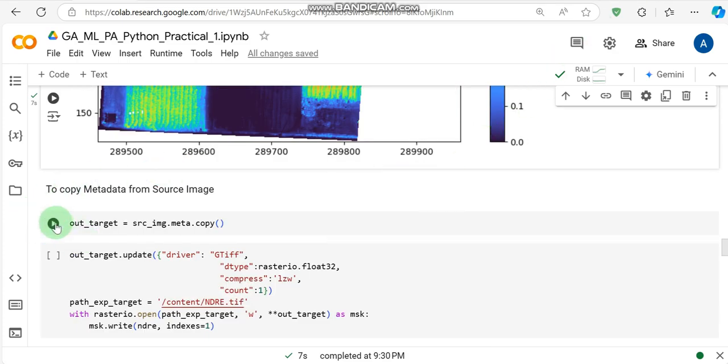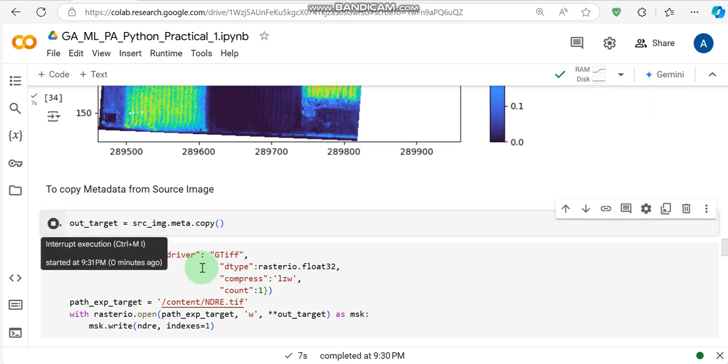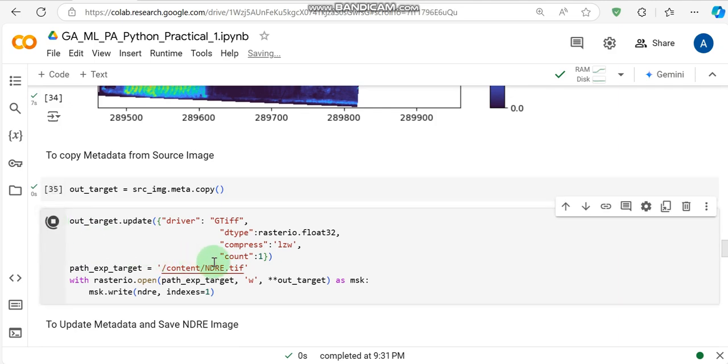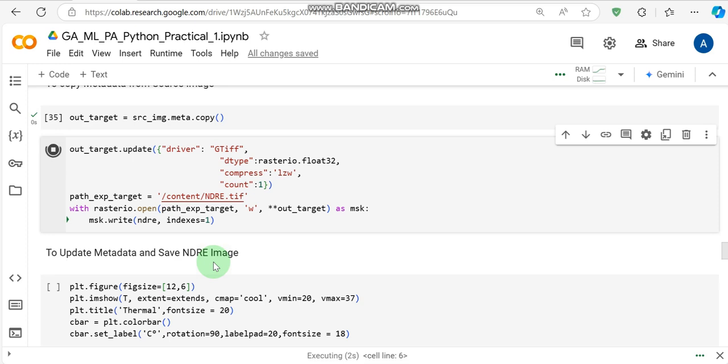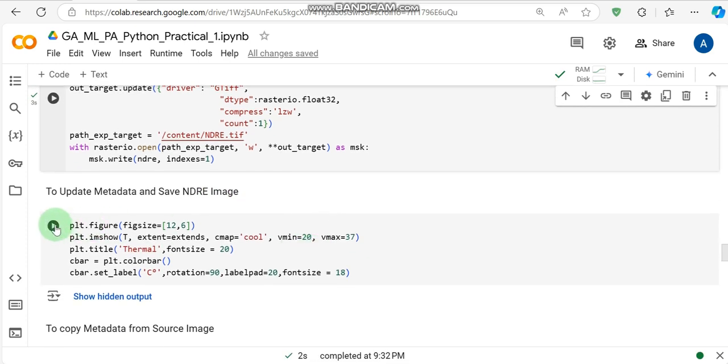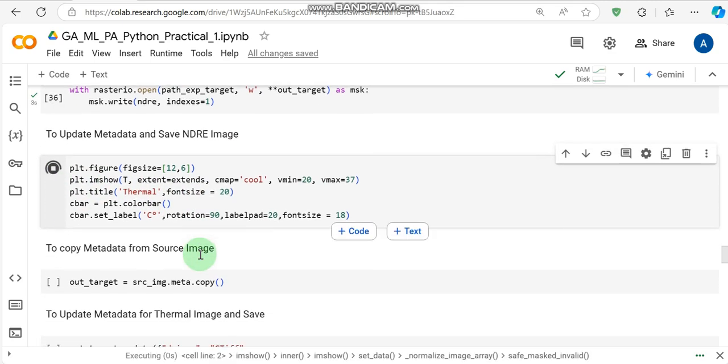Okay, save the NDRE image just like we did with NDVI. So the same code, just the naming convention has been changed. Now like this,